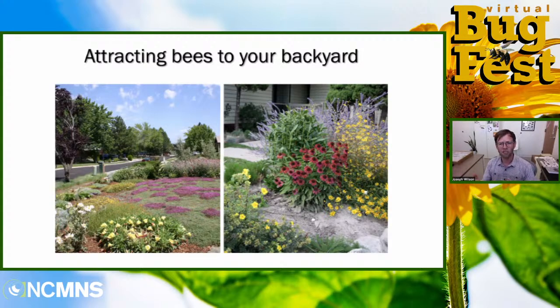And I said different sizes and shapes and colors. So there are lots of kinds of flowers. I have Russian sage here in the back, and those flowers are small and purple and kind of a different shape than these flowers in the front, which are in the family Asteraceae that look more like daisies or something like that. So a variety of flowers provide for a variety of bees.